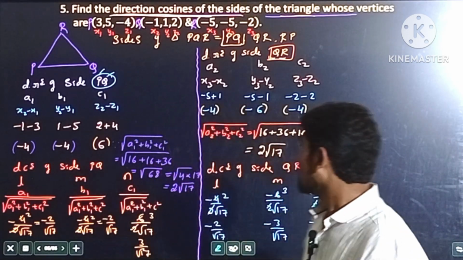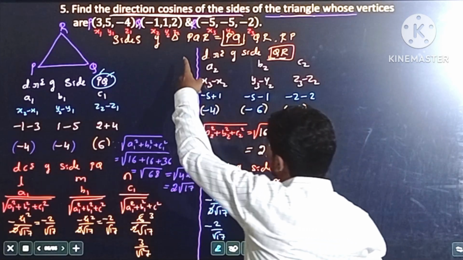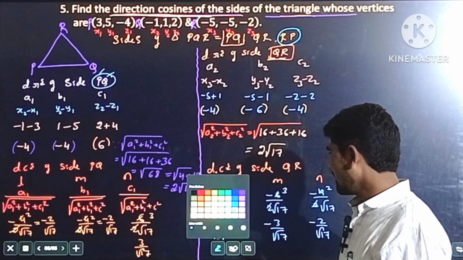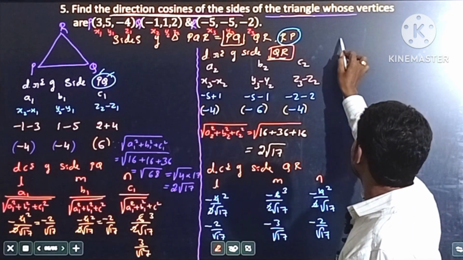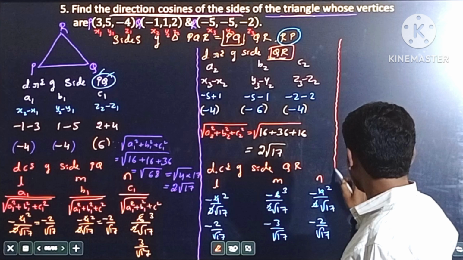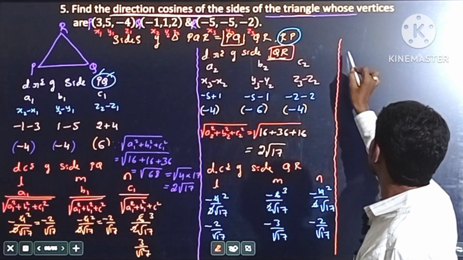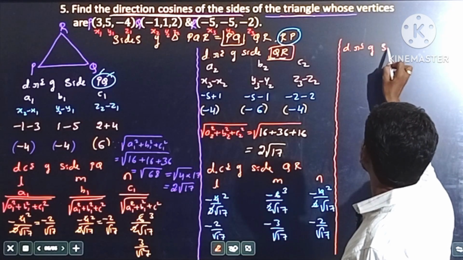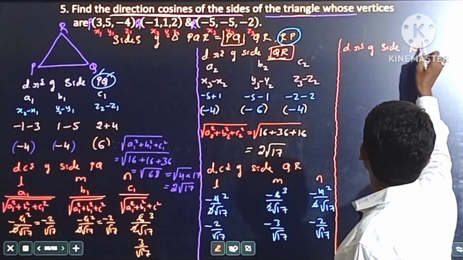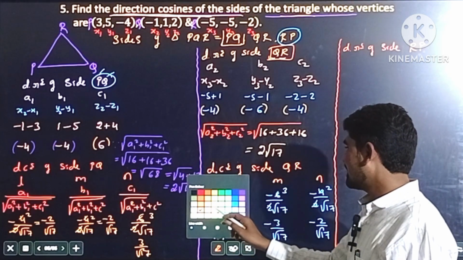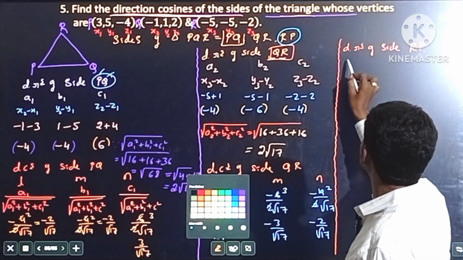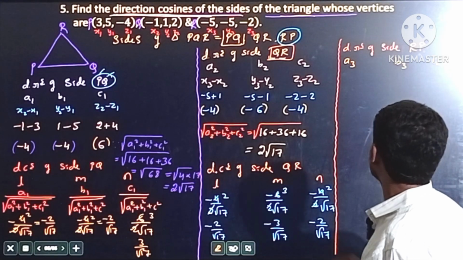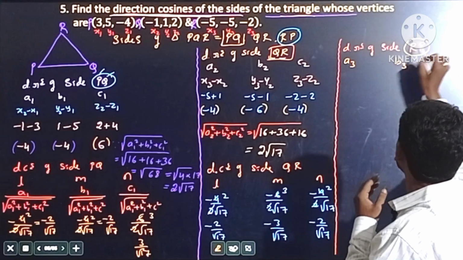I hope all of you understood. So these are the direction cosines of the second side. Now we need direction cosines of the third side, RP. For that, first we need its direction ratios. So the direction ratios of the third side RP, let's say its direction ratios are a3, b3 and c3. As you know, here the first point is R and the second point is P,